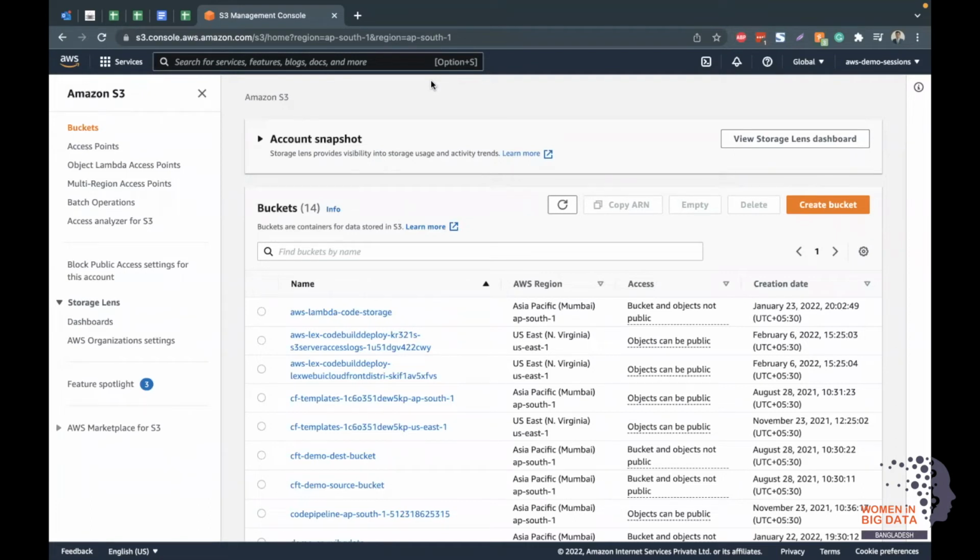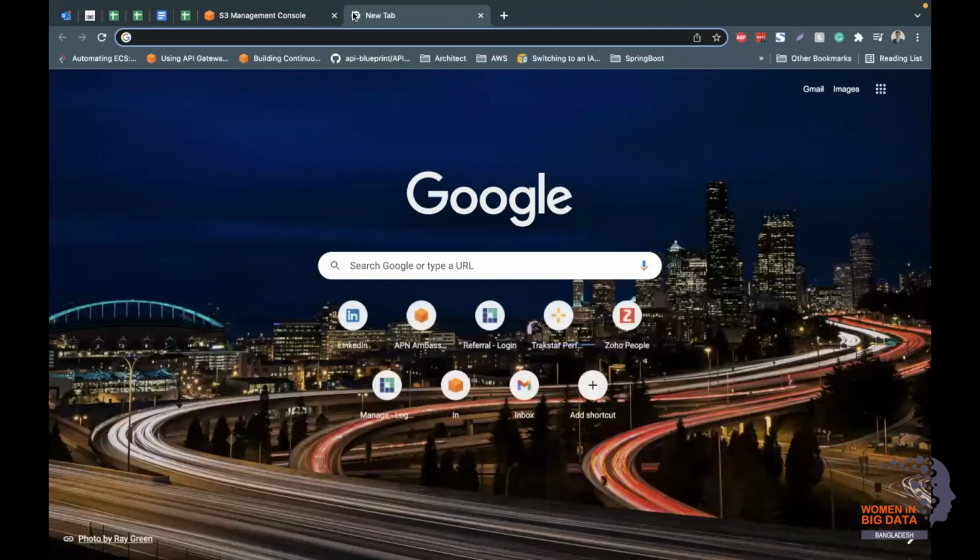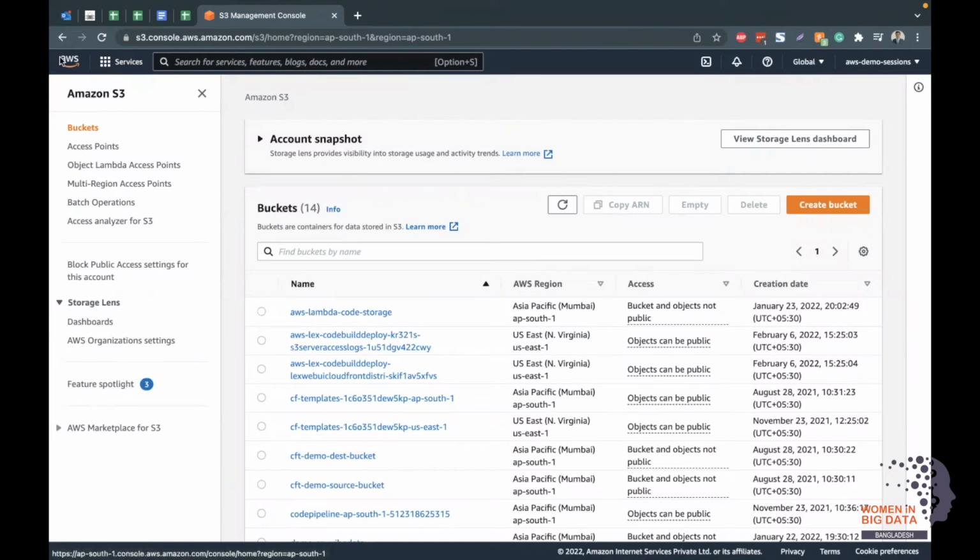So in the DevOps section, what we have done in the last session, I walked you through around 3 things: Code Commit, Code Build, and Code Pipeline, Code Deploy, right? Those kinds of DevOps stuff, where someone even asked, okay, what do I need to do if I want to be a DevOps engineer and all, right? So I will show you how exactly the DevOps pipeline works in reality, right? So in order to do that,